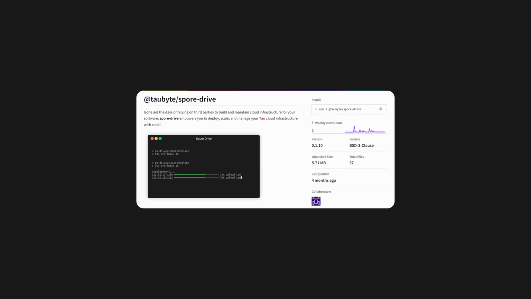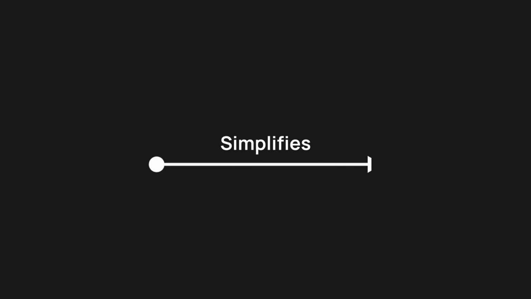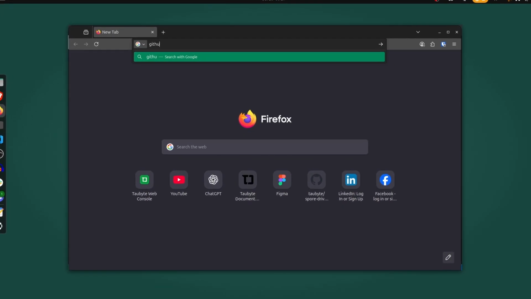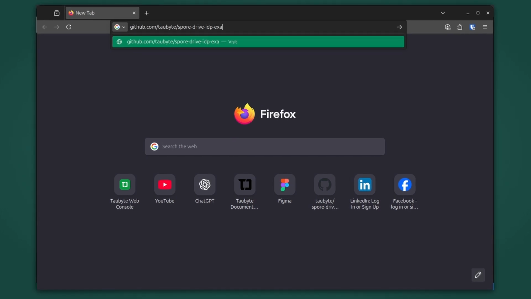This time we took it even further and made it more seamless with our NPM package spore-drive. It simplifies the already simple process of installing our platform as a service. Think of it as an automation of boring steps you would have to do deploying Tau manually. To demonstrate how easy this is, let's keep it simple and just clone the repo at